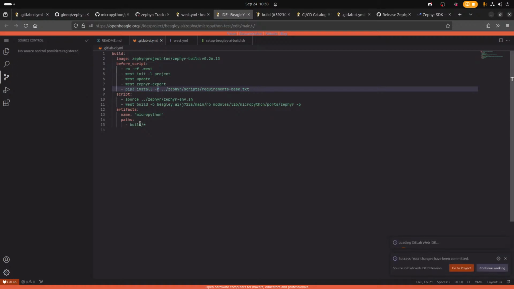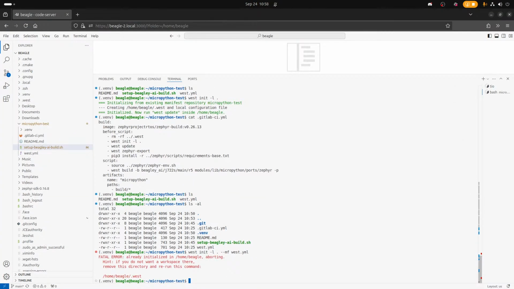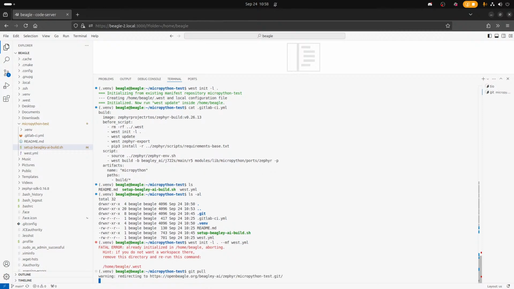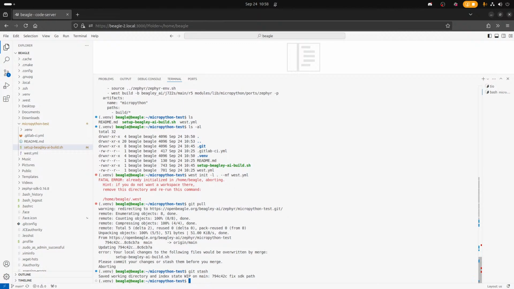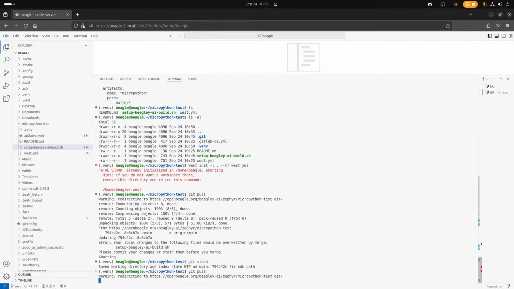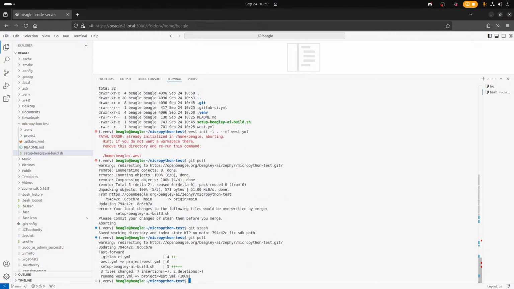I think the Zephyr env path is wrong. We are in the workspace directory already, right? Since we do not need to change. Where are you talking about changing?